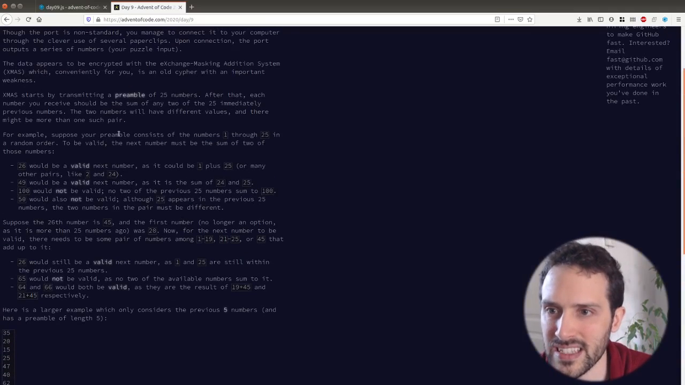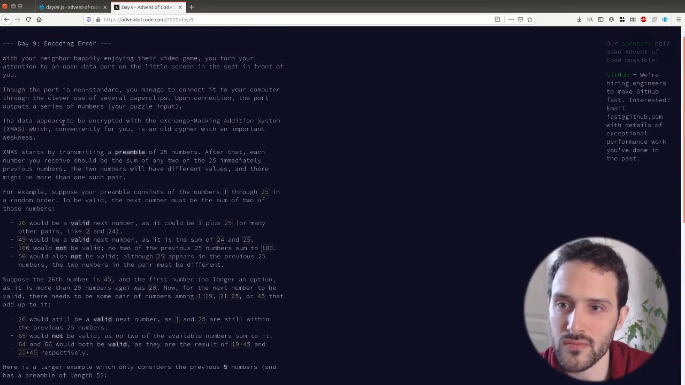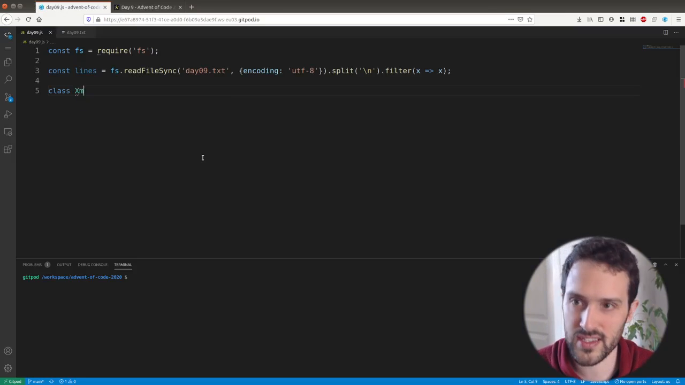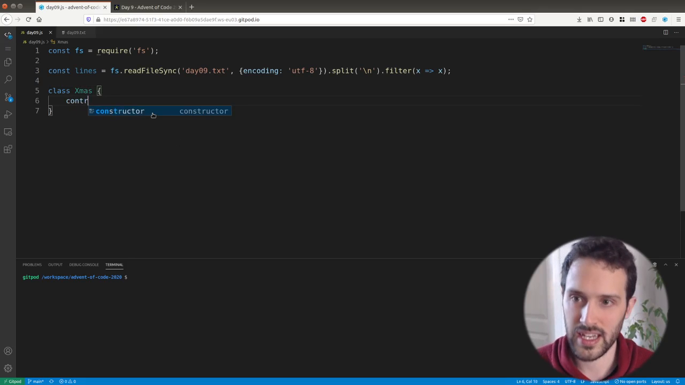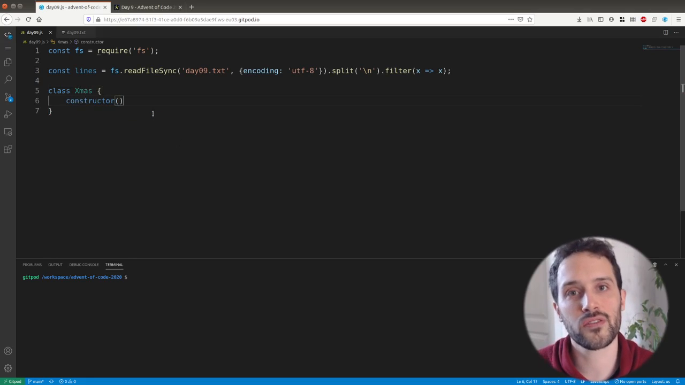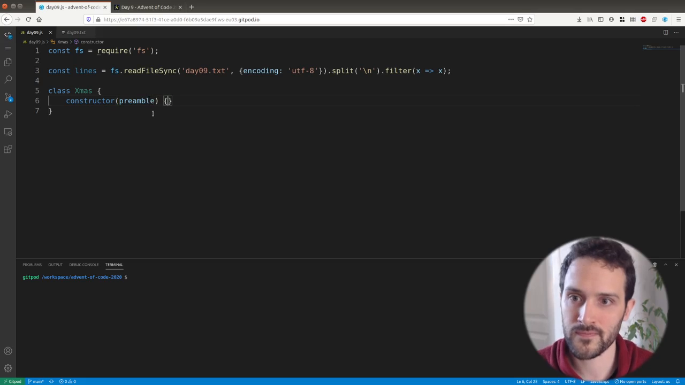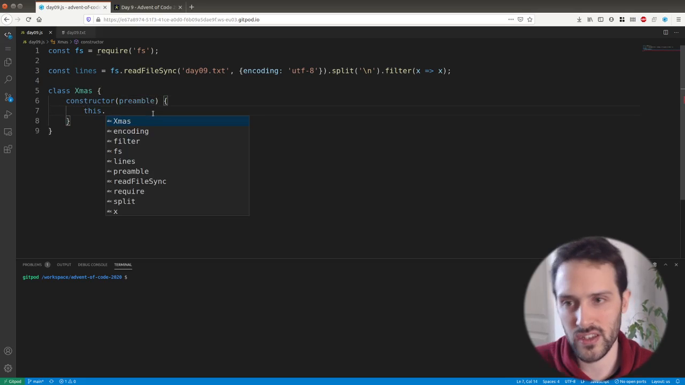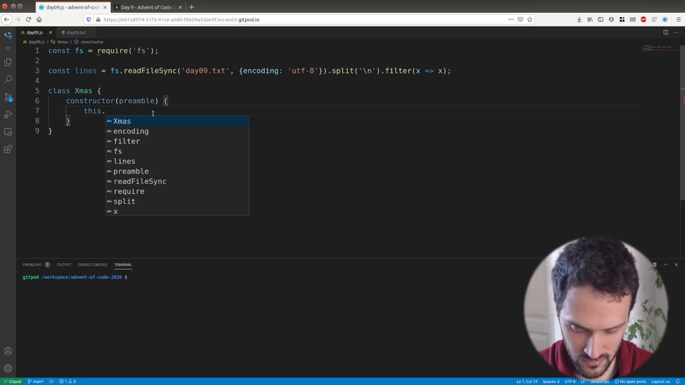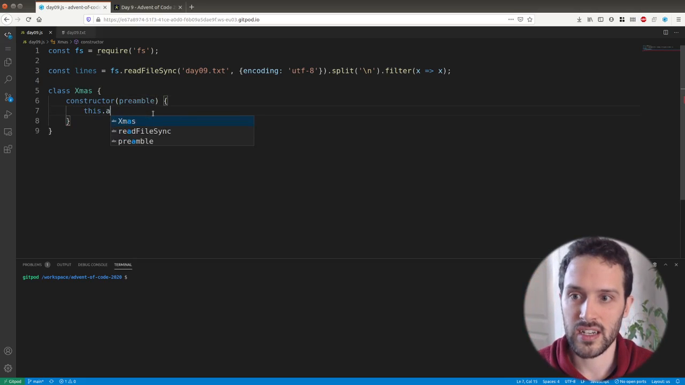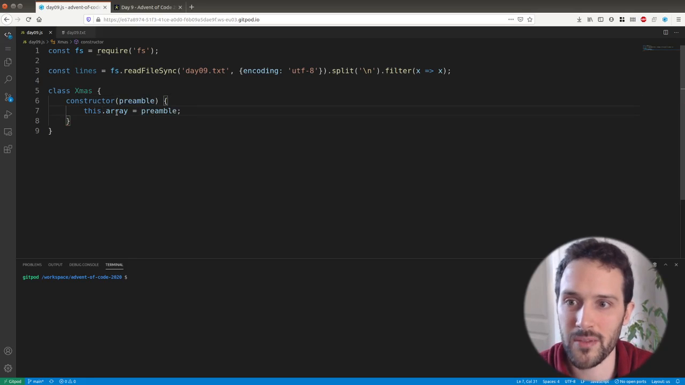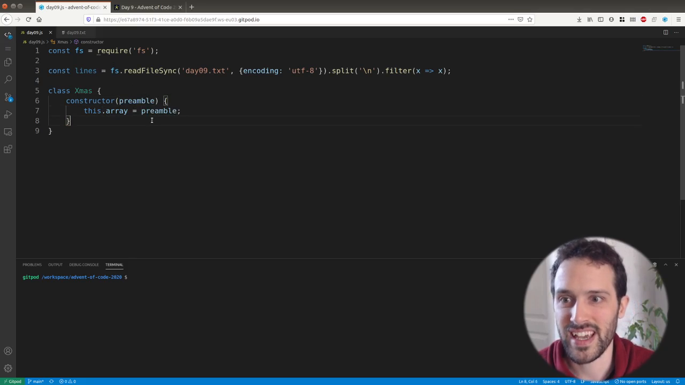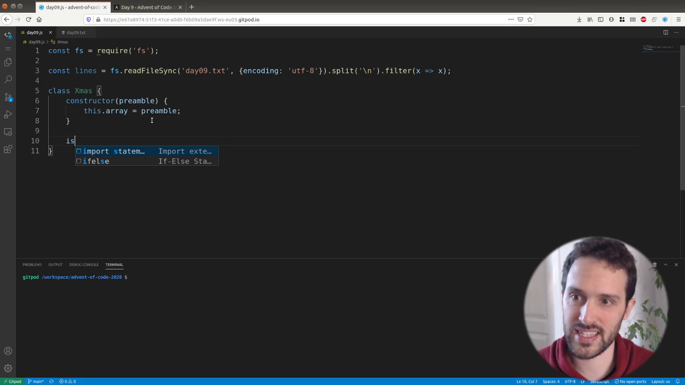I'm going to create a class for starters. Not sure exactly how we could name that. Let's just name that Christmas, because this is the name of the protocol. Here, constructor. What we're going to feed to the constructor is the preamble. I'm going to say this dot array. When I don't have a name for a variable, I just call it the same as the data structure. And here we're going to say isValid